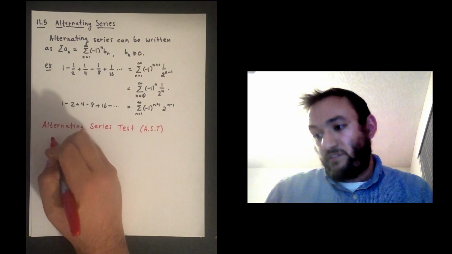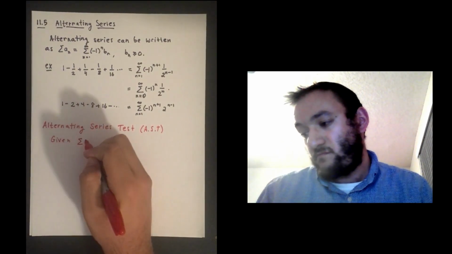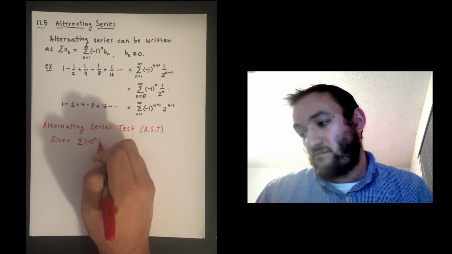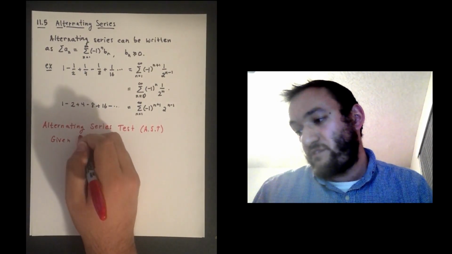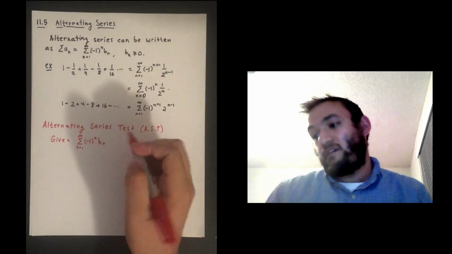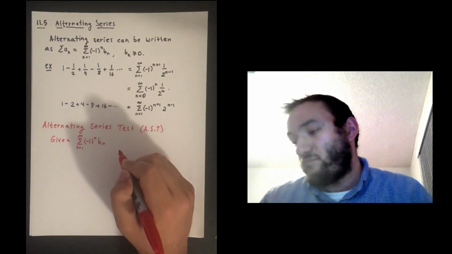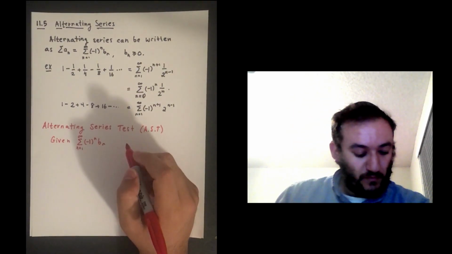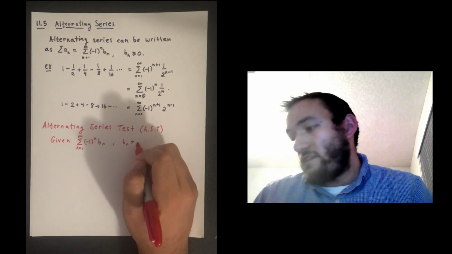If you have an alternating series, the sum of (-1)^n b_n, where n goes from 1 to infinity, and the same applies for (-1)^(n+1), or (-1)^(n-1), where b_n is greater than 0,